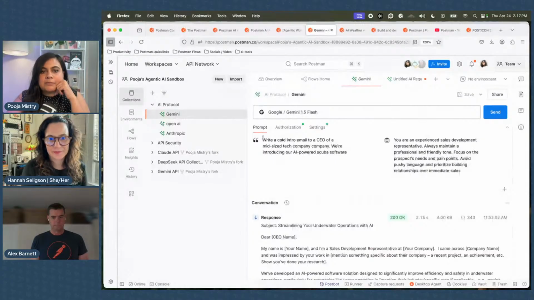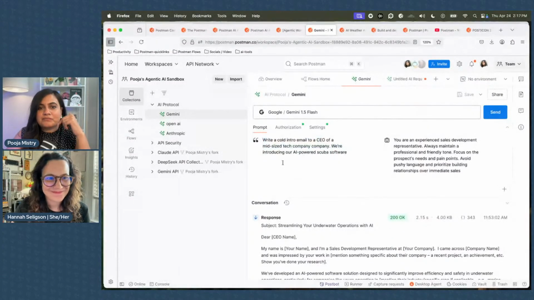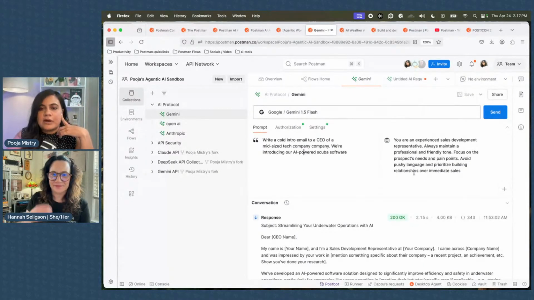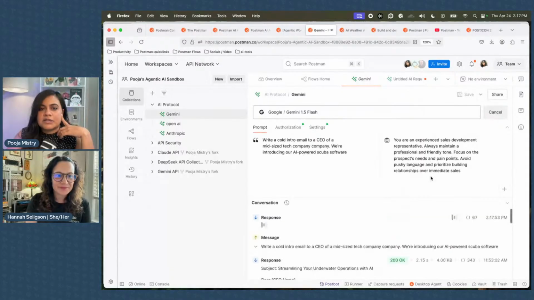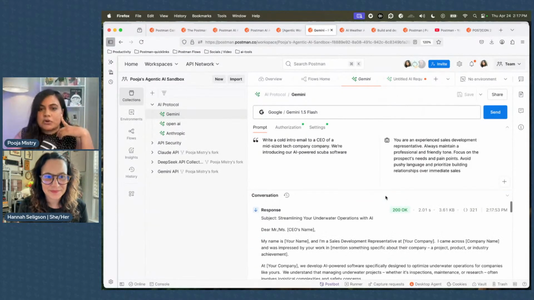My prompt is something similar, I love scuba diving, so usually my examples are around that. You can have a user prompt, and the system prompt is how you want your tone to be. Now you can evaluate these within Postman, you see that you get the status 200, and you can play around with prompt engineering.